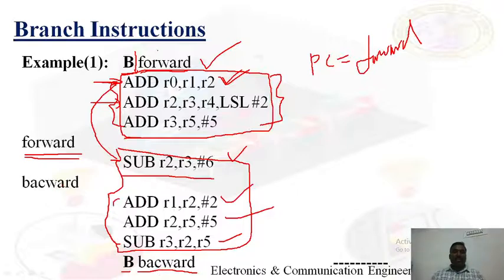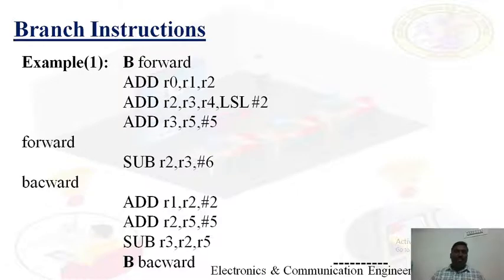Backward again contains these 3 instructions. These 3 instructions are executed, which means the backward address is loaded into the PC. Then again it goes to this instruction address, executed, and this is executed. Once again it comes here. Now the question is, when will it exit from this group? The answer is no. So these three instructions are always executing and kept under an infinite loop. It keeps on executing these instructions. Okay, this is an infinite loop.